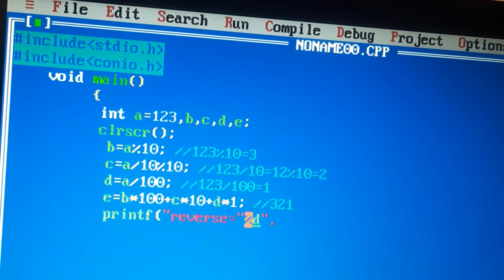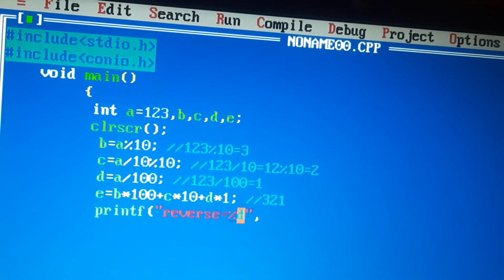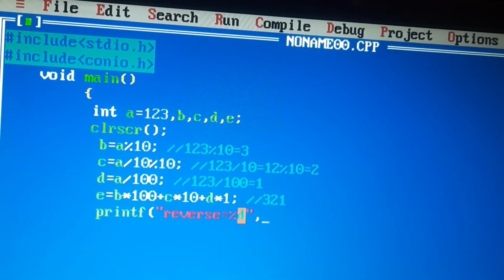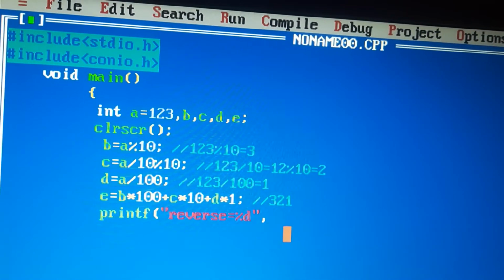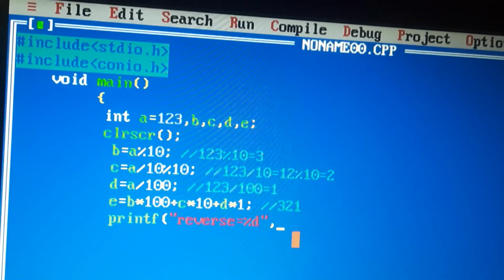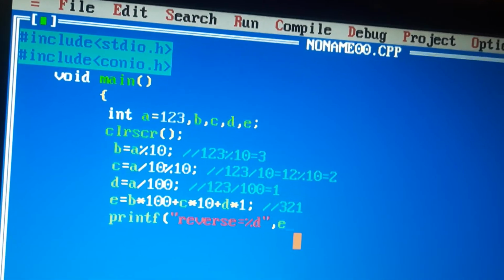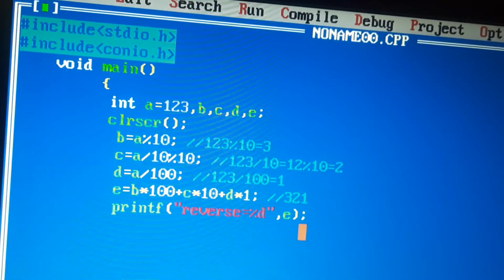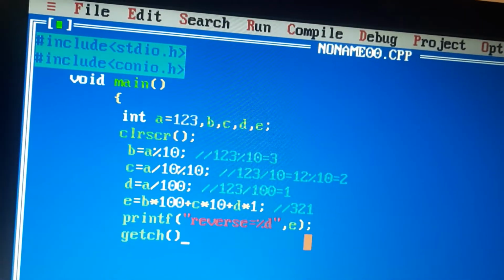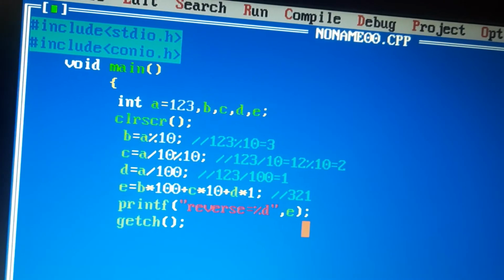Okay, percent d, comma. I have to print the value of e, because e contains all the values, and then I have to write getch, which holds the screen, and next